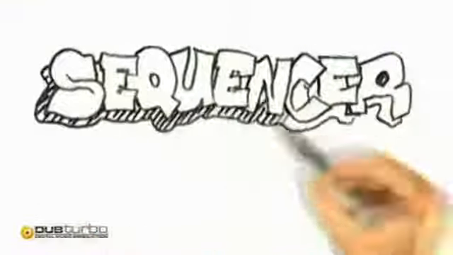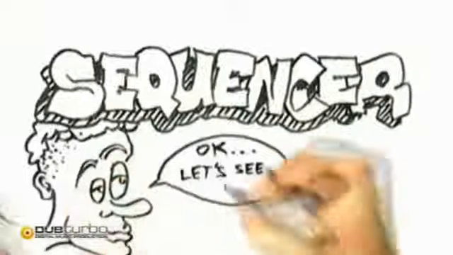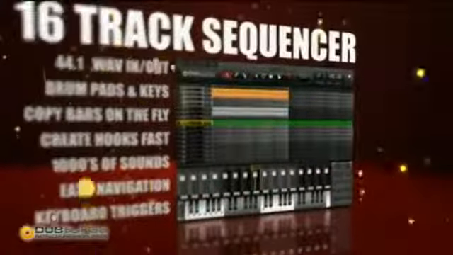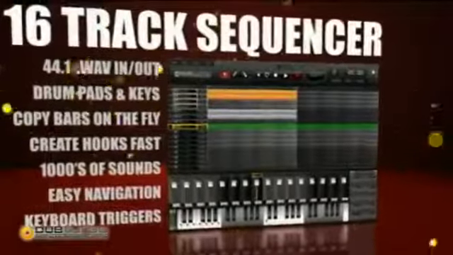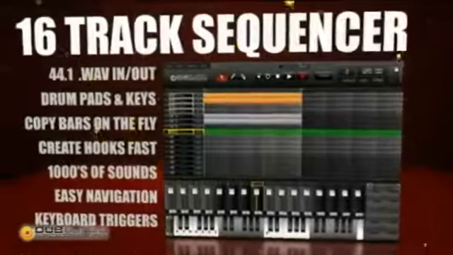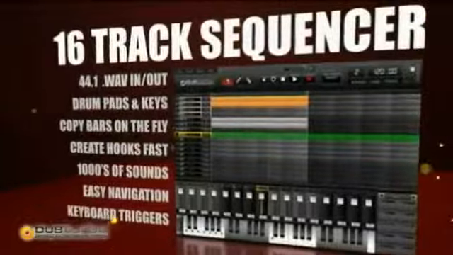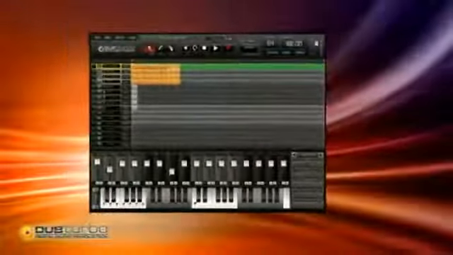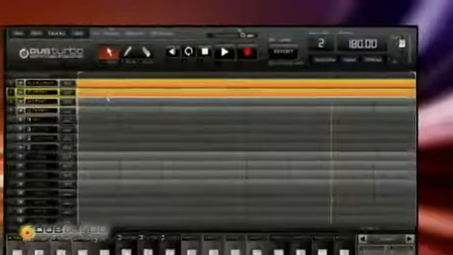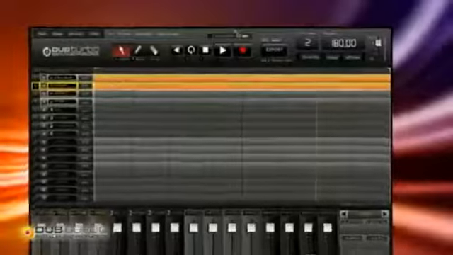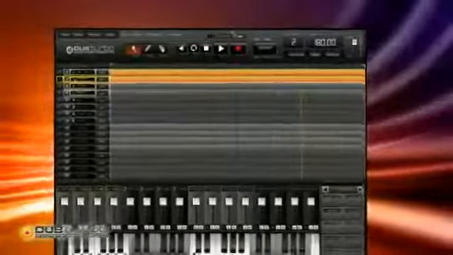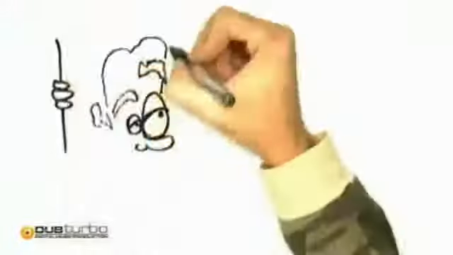Let's go over some of the features and improvements in version 2.0. The sequencer is yet again even sleeker. The audio performance has just been improved. And of course, the look and navigation have been overhauled, so you can make your bangers even faster. You can now drag and copy multiple bars at a time. You could even copy bars vertically to a new instrument or keyboard layer first to double up on drums or melodies. This speeds up your workflow like crazy.